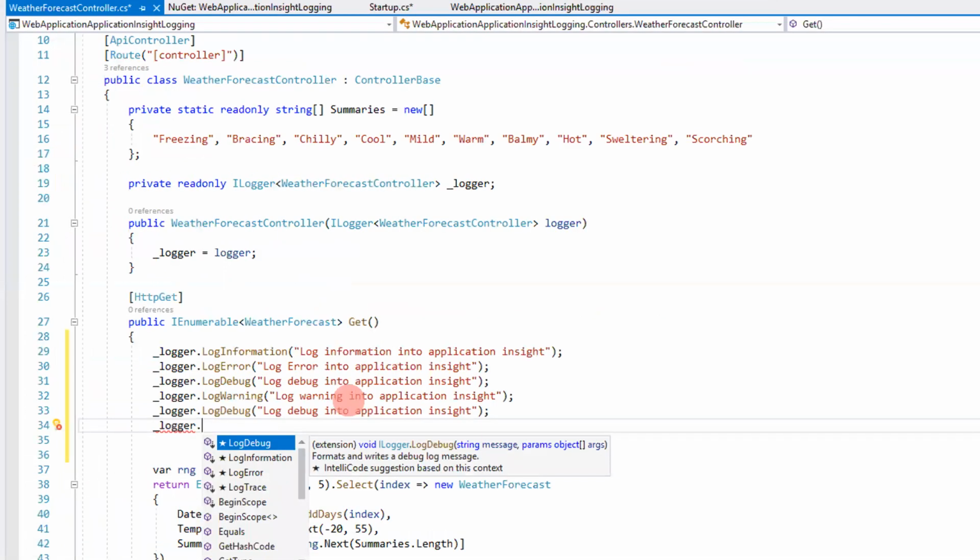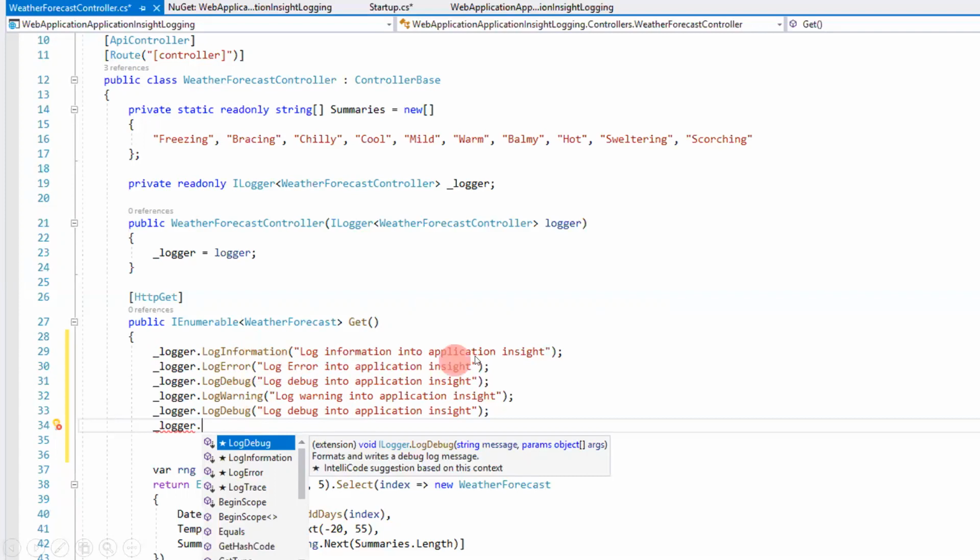So within the class, there is the Get operation, and inside of that I have to log something. So you can use this _logger variable, and you have different options. You can log information, you can log error, you can log debug or warning. So based on your requirement, you can use this.